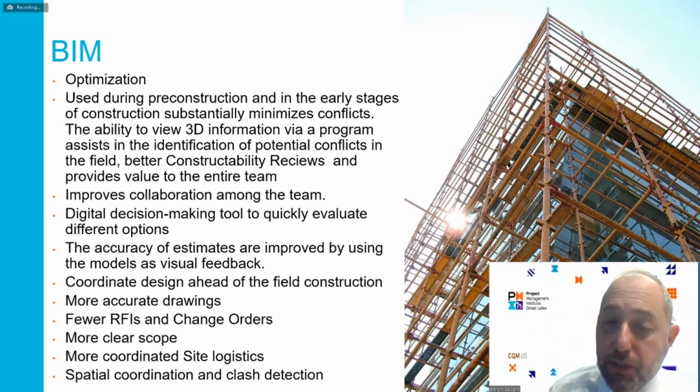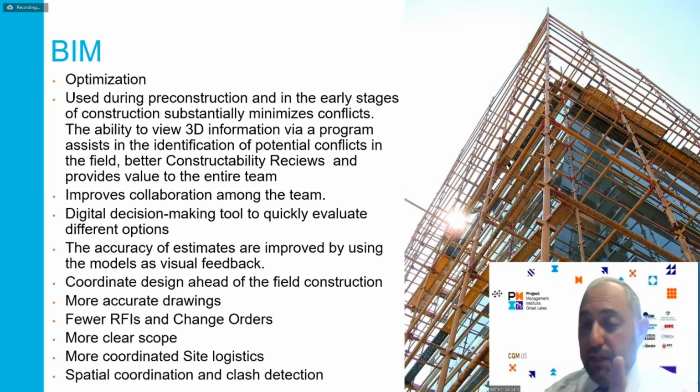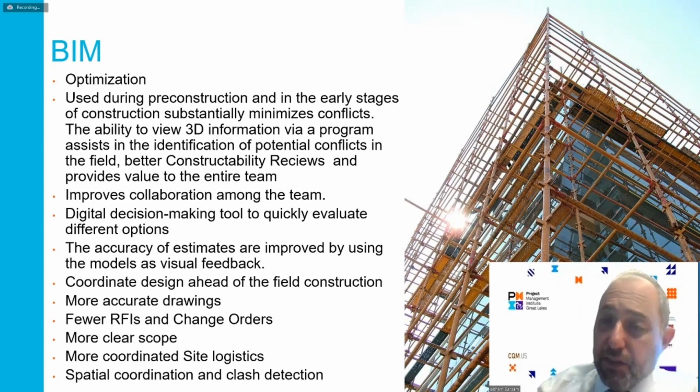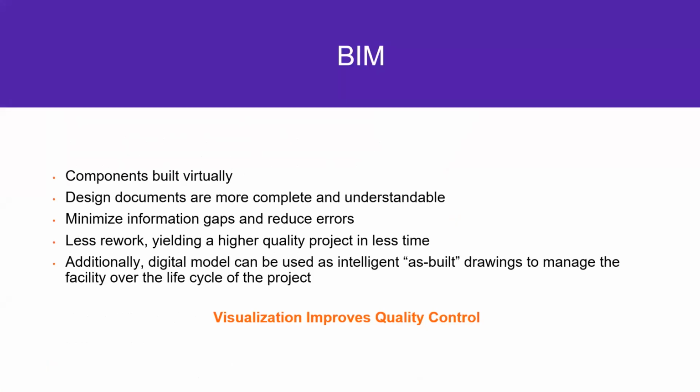BIM is all about coordination of site logistics, as we discussed earlier. It's a spatial coordination, a 3D coordination with running clash detections in order to prevent what's going to happen on the job site. It's going to take you days or weeks between finding conflicts, fixing the conflict, sending the RFI, getting the RFI responded to, pricing the change, ordering material, getting material on site. If you just run through 3D, you have a way better chance of finding this earlier and fixing the issue earlier.